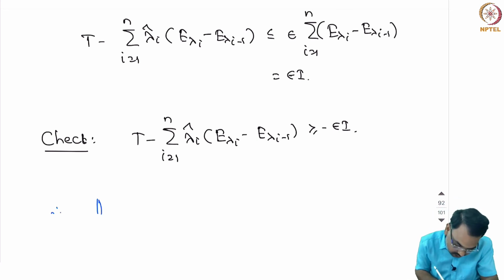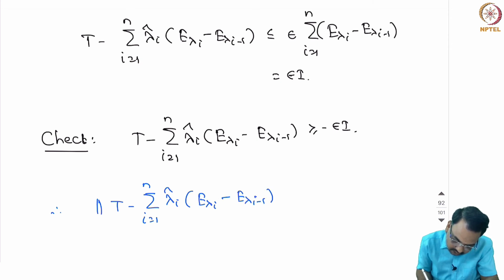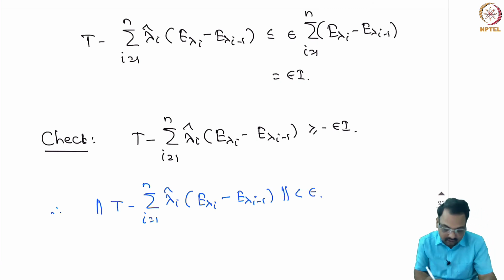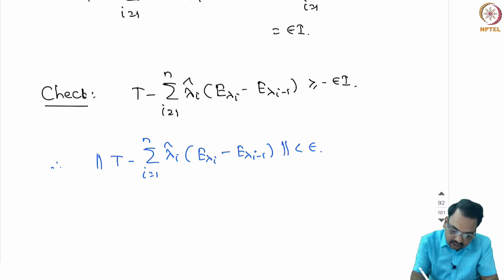Therefore the norm of T minus the summation i equal to 1 to n of lambda_i hat E lambda_i minus E lambda_{i-1} is less than epsilon, and this is true for all choices of lambda_i hat in the ith subinterval lambda_{i-1}, lambda_i. By the definition of the integral we can conclude that